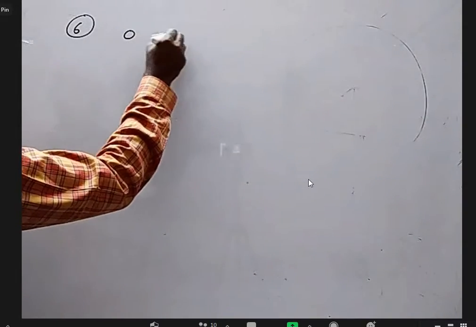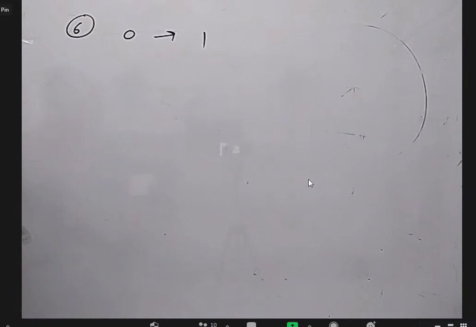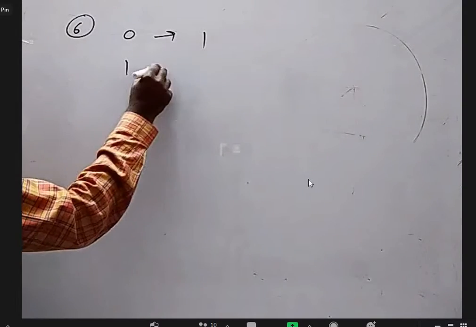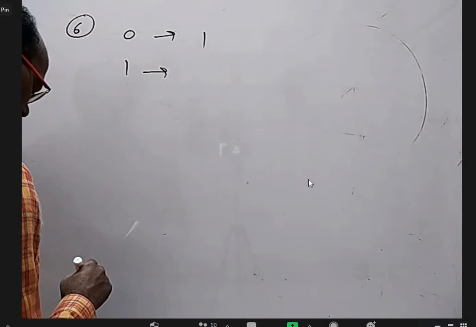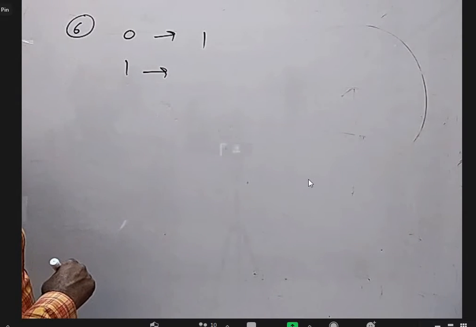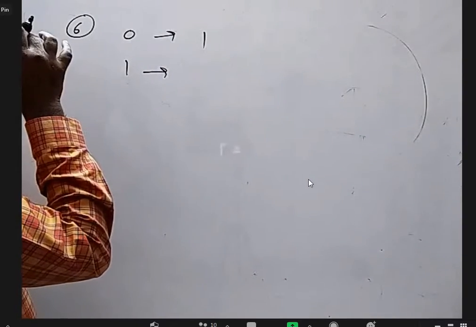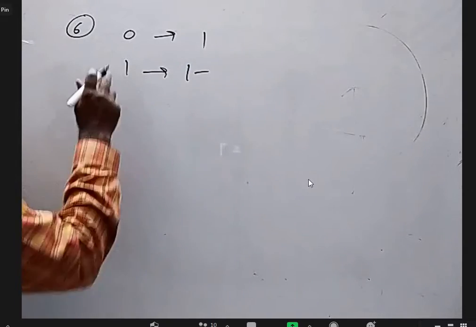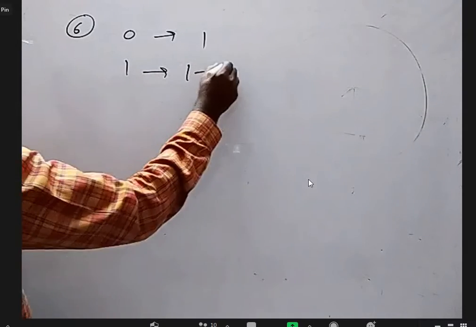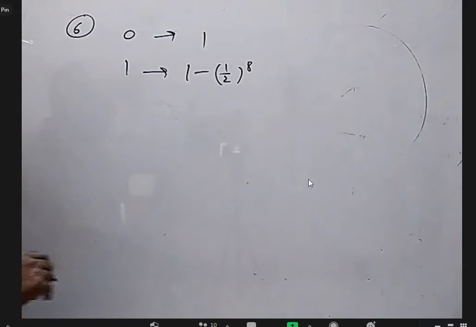If you want to tell at least n correct, that probability should be considered. At least 1 correct is okay, but at least 0 correct, what is the probability? 1. Because either 0 will be correct or 1 correct or 2 correct. At least 0 means everything. At least 1 correct means 1 correct, 2 correct and all. 1 minus no correct is this probability. That is 1 minus (1 by 2) whole power 8.